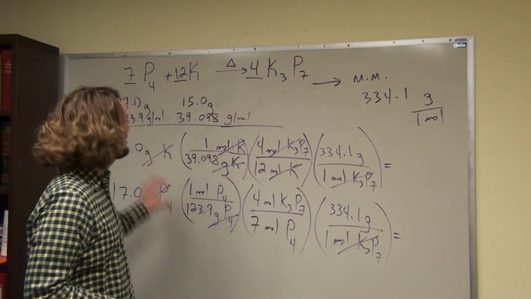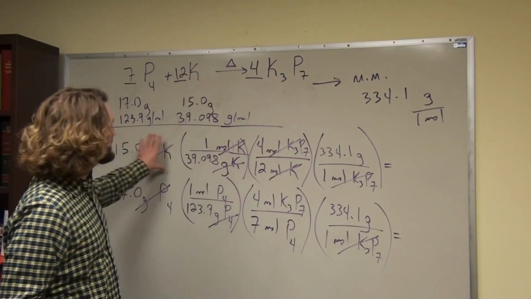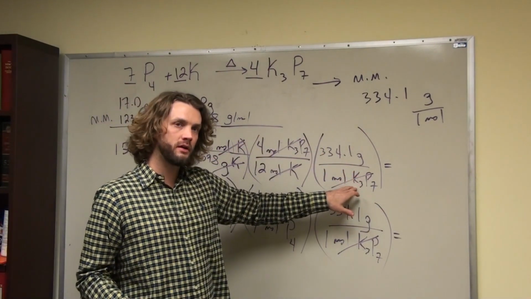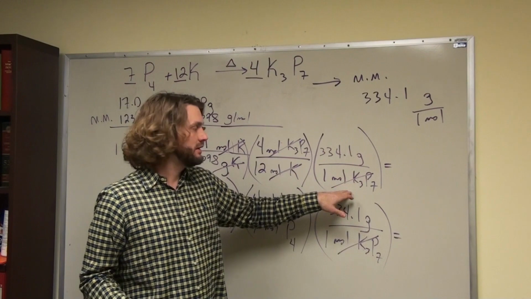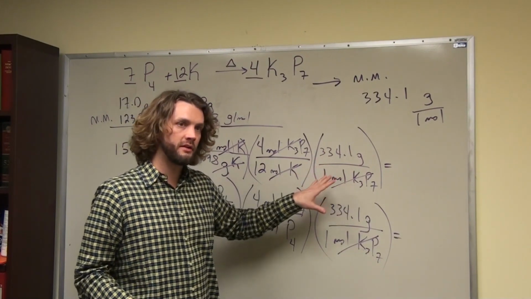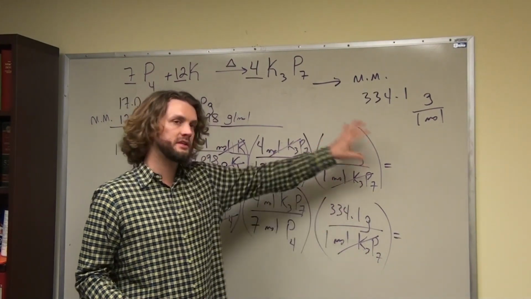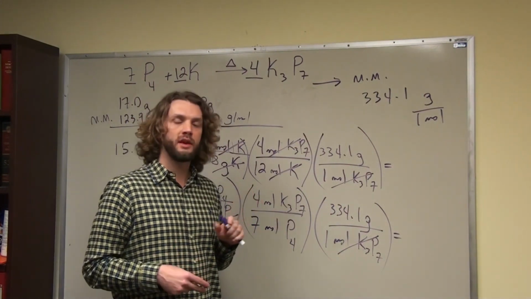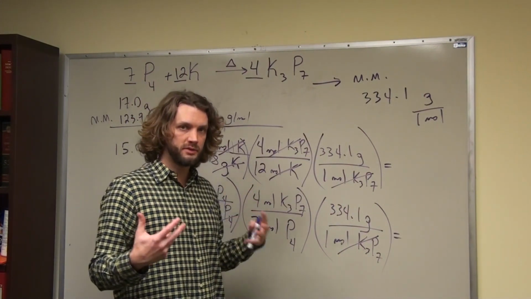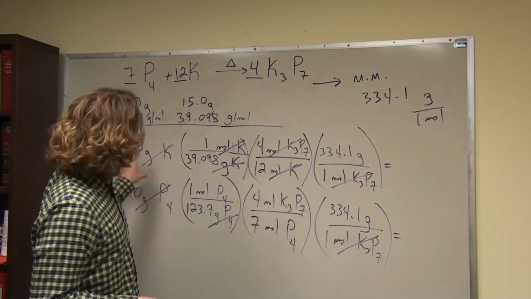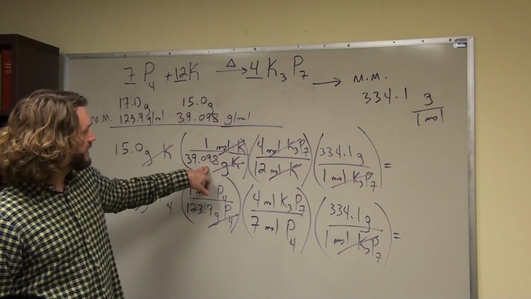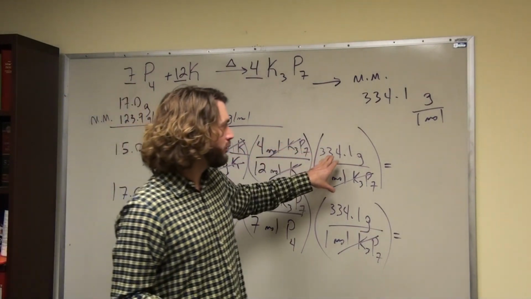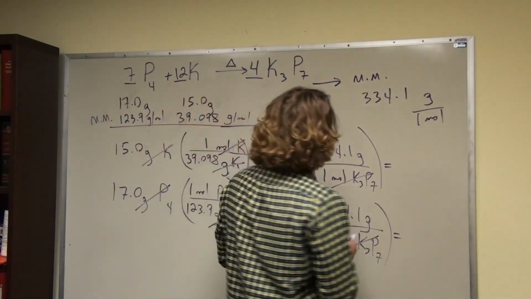All right, so we've got our 2 separate reagents converted all the way to grams of the single product of interest. So all we got to do now is crunch it in our calculator. So I'm going to do this again separately, and I'm going to look at these values. I'm going to use that to determine the limiting reactant and the theoretical yield of this product in this particular reaction. So take our calculator, 15 divided by the molar mass of potassium times 4/12 times 334.1. And so what I get is 42.7